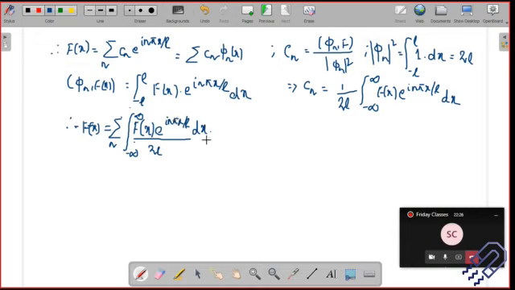Okay, and dx into e to the power i n pi x divided by l. So this is a term which is under summation, and this is the value of Cn that we have. Okay, so let's not get confused. It's important. So now the thing is, I have to make it a continuous function in the sense that